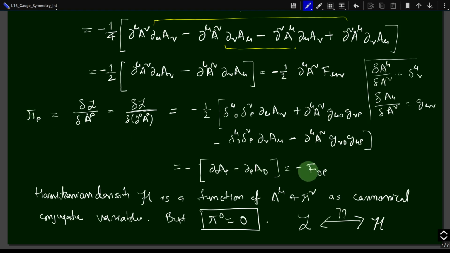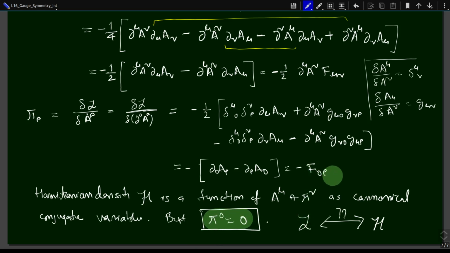Now it's all fine. I found the pi of the field, and why I need this is because first I need to convert the Lagrangian into the Hamiltonian. That's what we did for the scalar and the gauge case and the fermion case. So gauge case is no different. So we'll first convert into a Hamiltonian, write down the Hamiltonian in terms of the mode expansion with A's and A daggers, and then we go on to, that's the step of second quantization. But the problem over here is that the Hamiltonian density h, which is a function of a mu and pi mu, as a canonical conjugate variable that we are trying to construct, but the problem we hit is that pi 0 is 0,